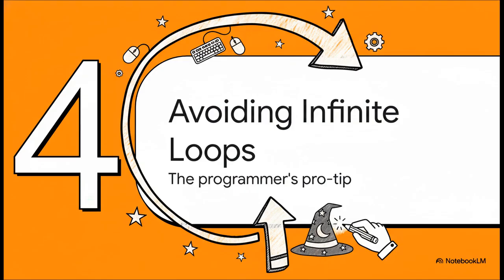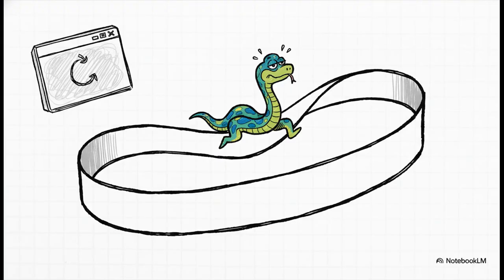Okay, we need to talk about something. Something every programmer runs into. The dreaded infinite loop. This is a big one, so listen up, because knowing how to avoid this is a major pro tip. So what the heck is an infinite loop? Well, it's exactly what it sounds like. It's a loop where the condition never ever becomes false. Remember that update step we said was so important? If you forget that, your loop might just run forever. Your program gets stuck in this endless cycle, and usually it just freezes up completely.